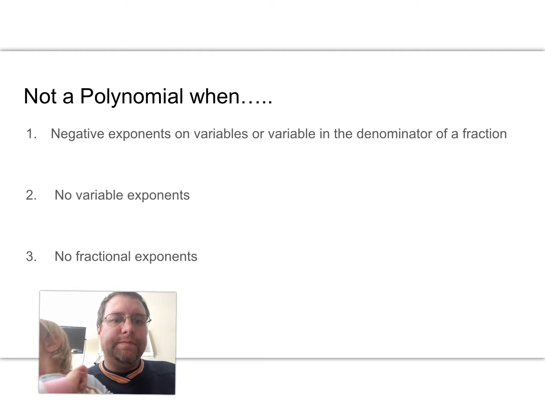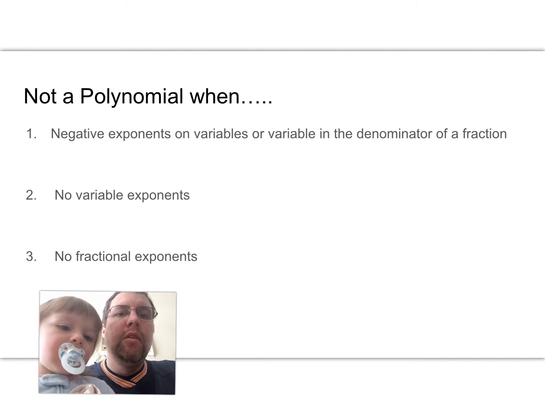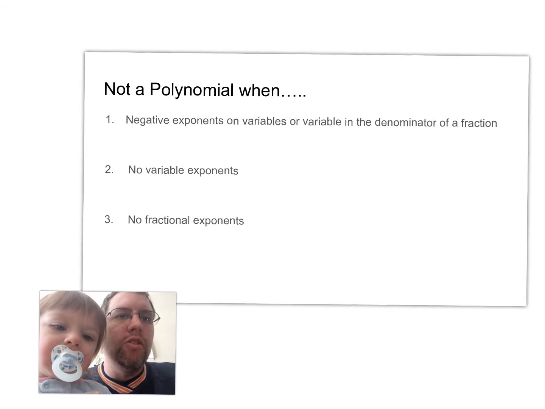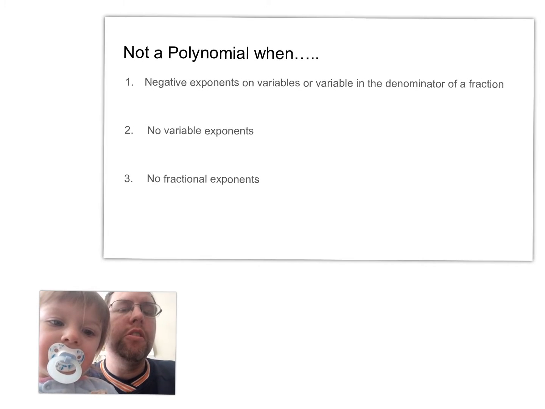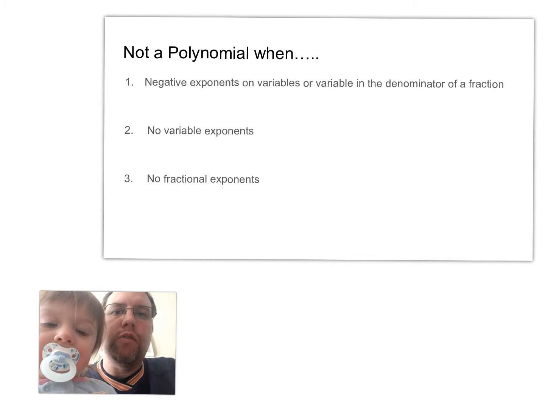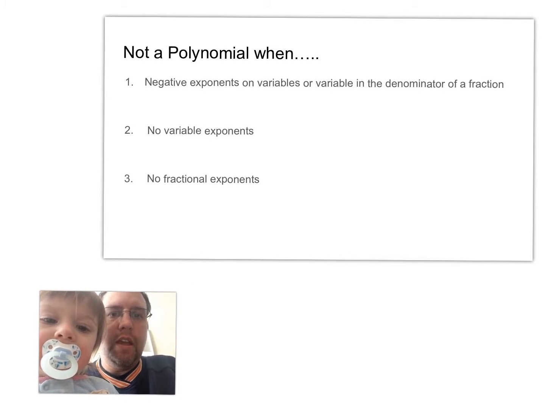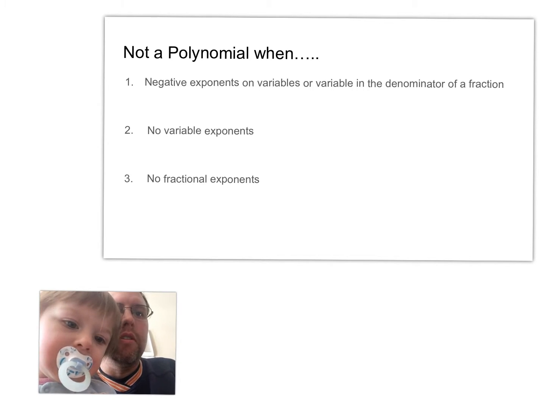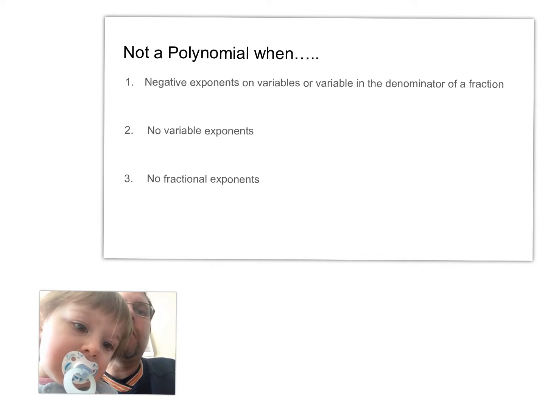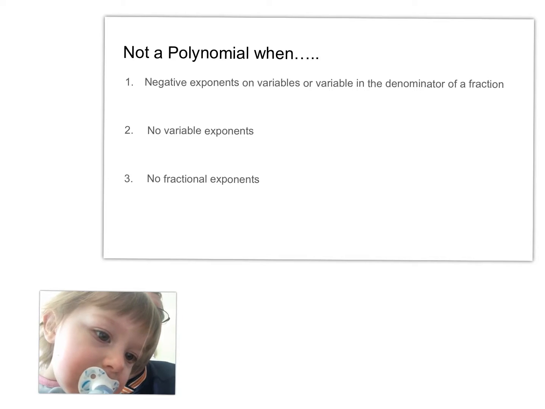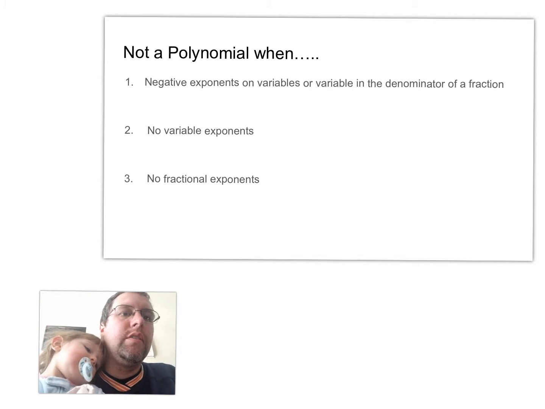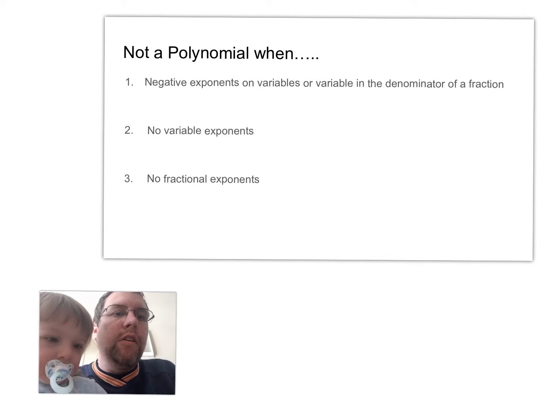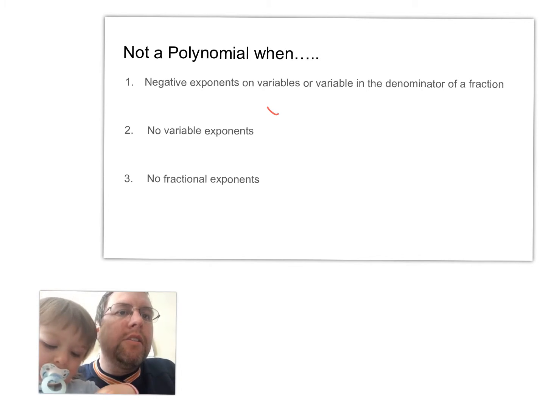Alright, so here we go. Now we have to discuss when things are not a polynomial. There's basically 3 rules we have to watch for. An object is not a polynomial when there are negative exponents on the variables or variables in the denominator of a fraction. So for instance, a negative exponent on the variable, say we had x to the